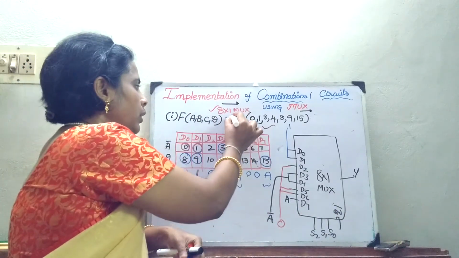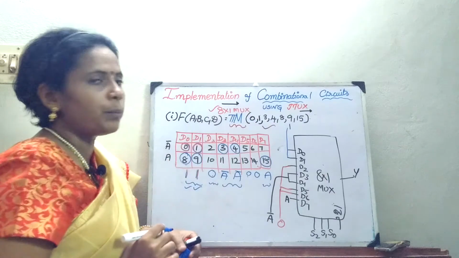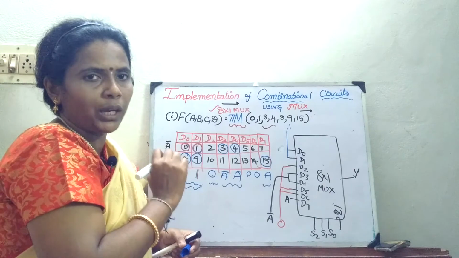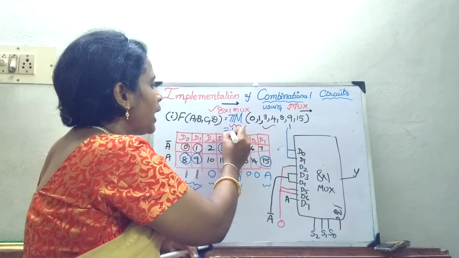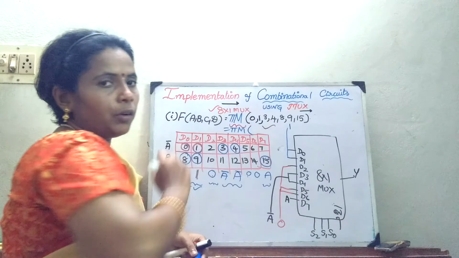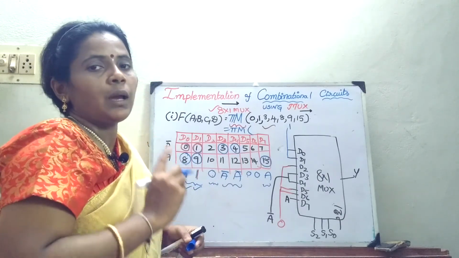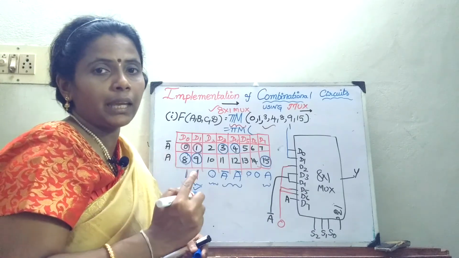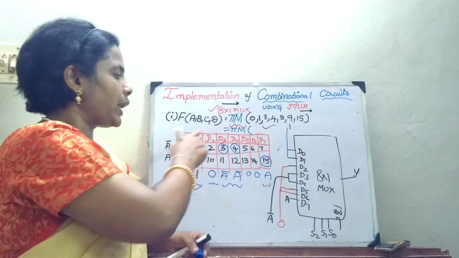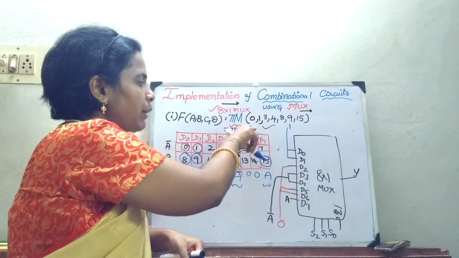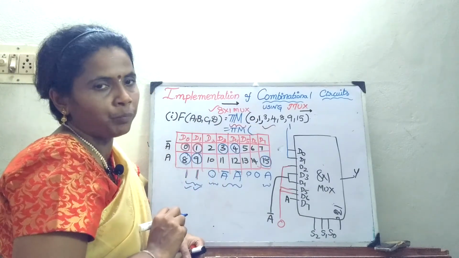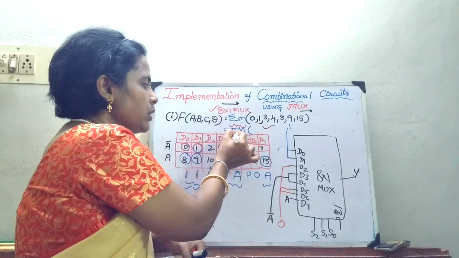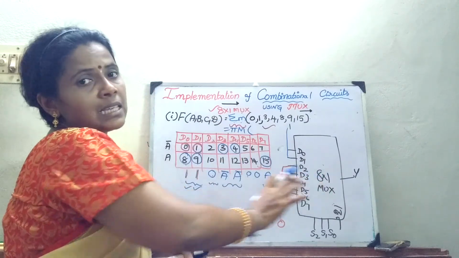for your max term, which is represented by pi m. In this case, I will just write my equation. I already told you that this min term and max term are complementary to each other. In that case, how can I change my question in order to arrive at the same answer? Whatever the left out terms are, I will write here. Initially the equation was summation m. Now I am changing the question to pi m in order to get the same result.